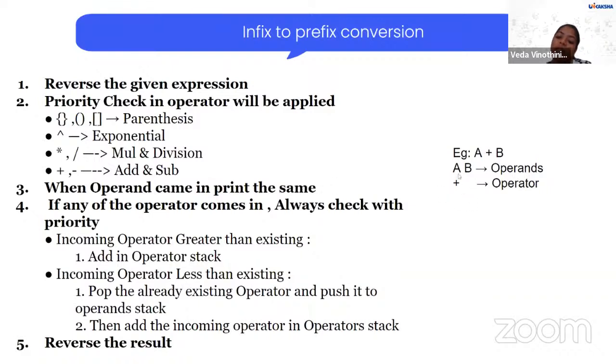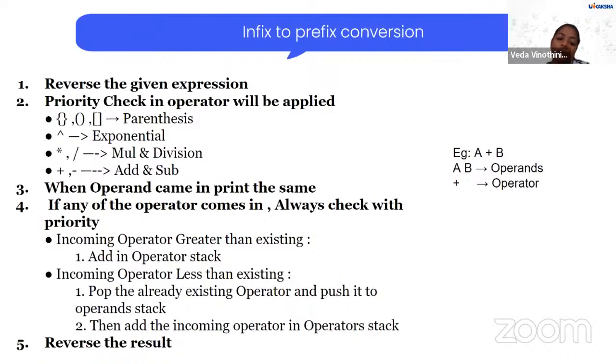Whenever an operator comes in, you want to check two things. First, you check the priority and work on that, and then you do another thing when it is less than the existing one. Imagine there are two operators.